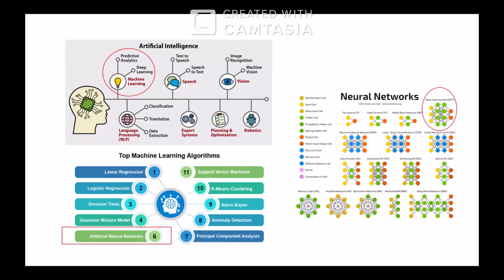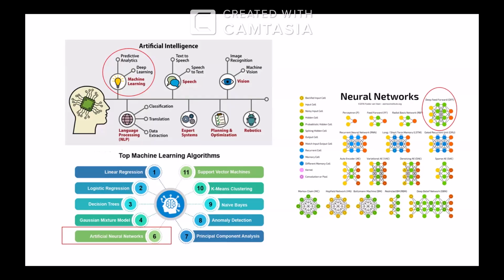And the speech systems, computer vision, natural language processing, expert systems, planning and optimization, robotics are the other subdomains. But I could say the subdomain machine learning is very important, or I should say machine learning is one of the dominating subdomains of artificial intelligence. Nowadays, machine learning is somewhat equivalent to artificial intelligence.